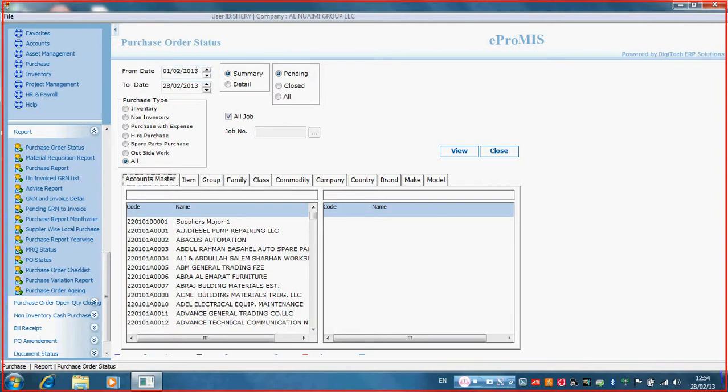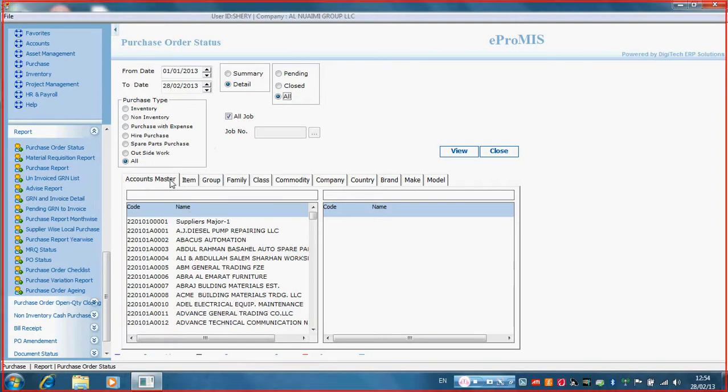Let me go to the date option. We are just checking from January. Okay, it's from January till now that it has been purchased. We need to know the details. We are not sure whether the order has closed or is pending, we don't know, but it is sure that we placed the order, and it has been selected as all.